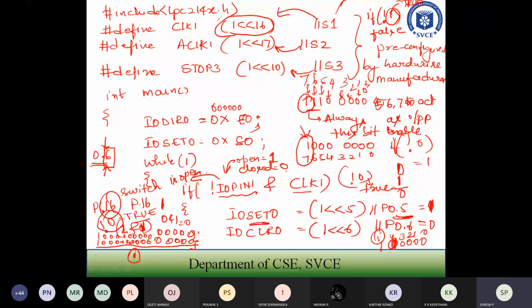Okay, port 0.6. So that I have to make it as 0. So I am passing that. That's why I am going to make it as clear. I am using the clear command. So after sending the clear command, what is it going to make? That particular bit 6 position will be there, right? Even if 1 is there previously, that will be set to 0 again.